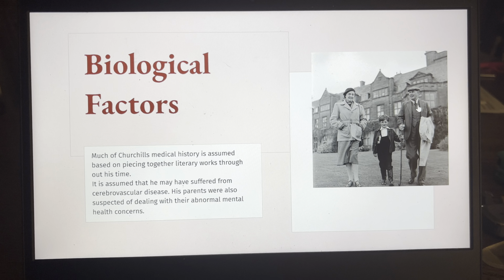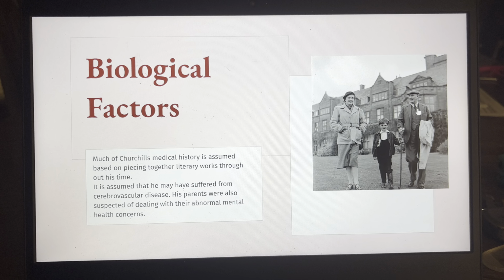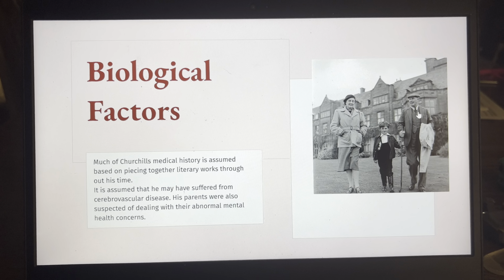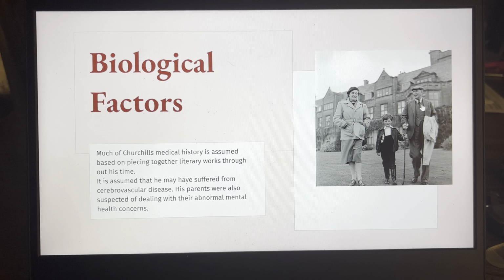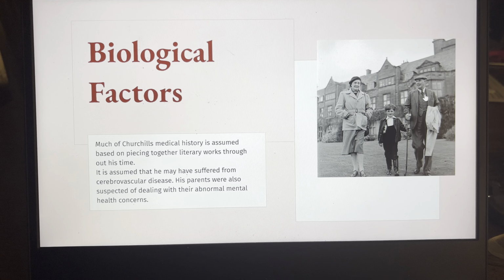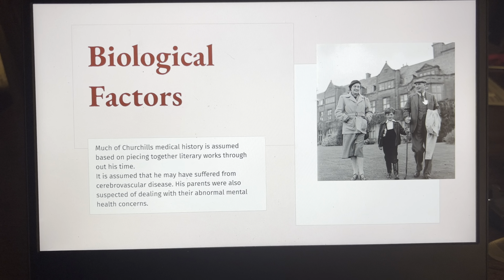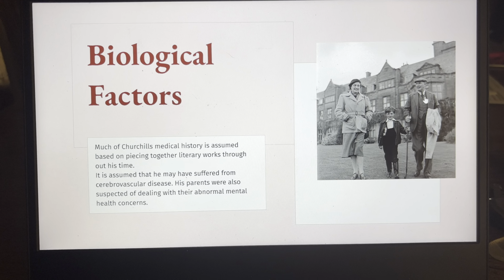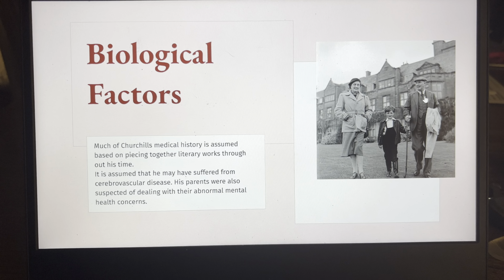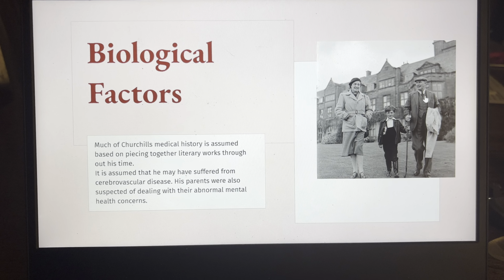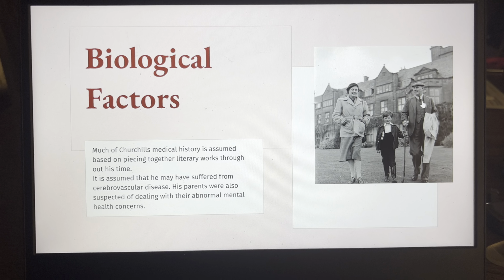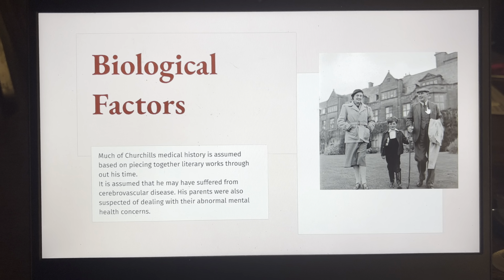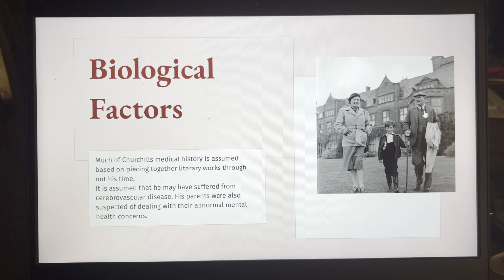One of the biggest things that jumped out to me was that it was assumed he may have suffered from a cerebrovascular disease. That type of disease can definitely contribute to different changes in brain function as well as emotional irregularities. While there isn't any one piece of work that would 100% confirm this type of disease or diagnosis for him, something of this sort would point in the right direction of his different mood swings and what ultimately leads me to his possible bipolar 2 diagnosis.